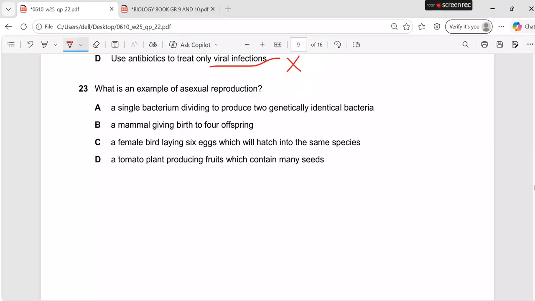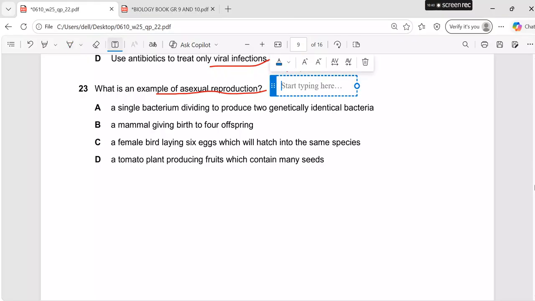Question number 23. What is an example of asexual reproduction? Okay, asexual reproduction. It means no two parents are involved. Asexual means no two parents are involved. It means no gametes are involved. It means no male and female gametes, they are not involved. Okay. Let's see. A single bacterium dividing to produce two genetically